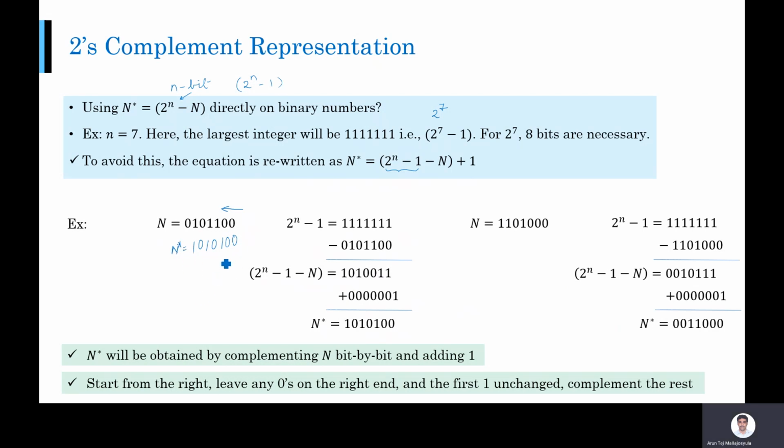So that is an easier way to write n star, instead of complementing each of them, doing an addition, and then getting the final answer. This is a slightly easier way to do. Okay, you take another example. 0, 0, 0, 1, 0, 0, 0, 1, 1. So start from the right side. So what is the 2's complement? 0, 0, 0. The first one I'm leaving, and then I'm complementing the others, 1, 0. Okay. So that is the n star that I can write directly. So this second method is easier for implementation for hand calculation.